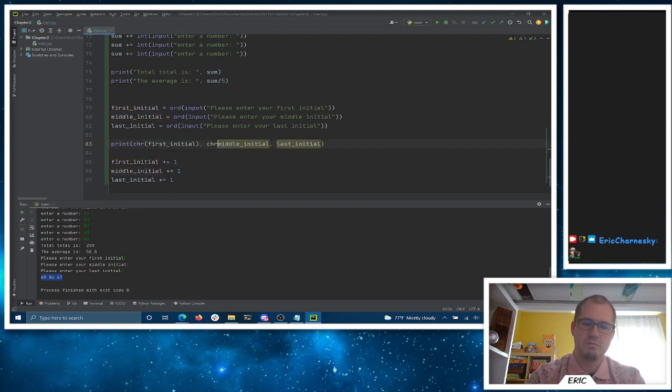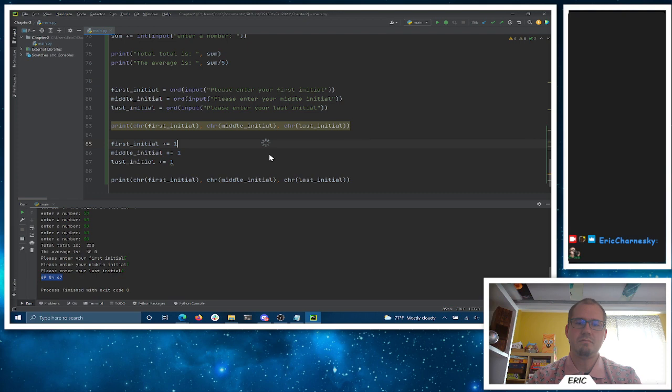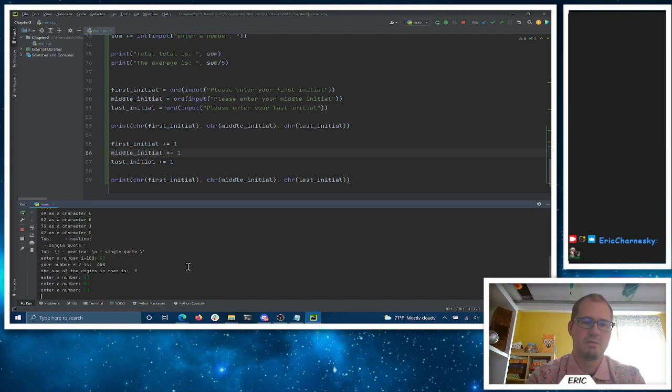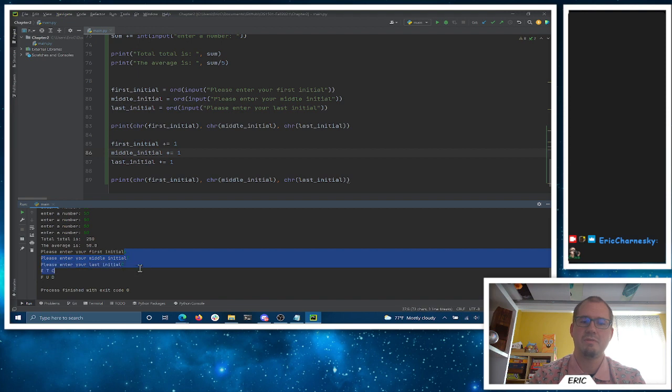So we can change it from characters to ordinals to characters. We're going to shift them all one, so we can change their initials. By adding one, it's going to move it to the next letter in the alphabet. So E, T, and C get moved to F, U, and D. Those are the letters that come after these.